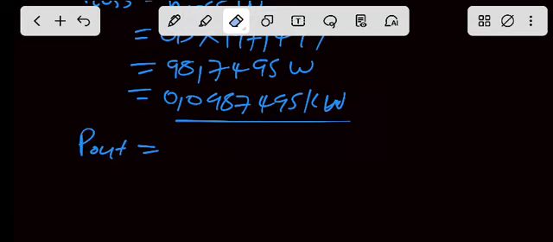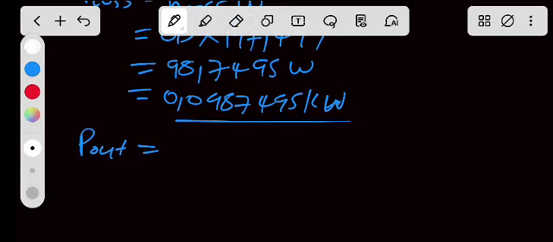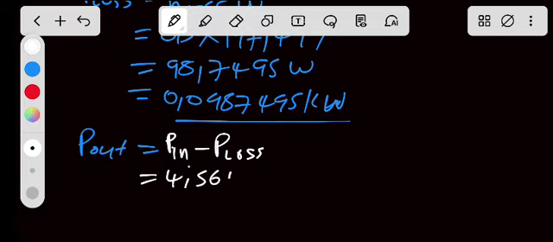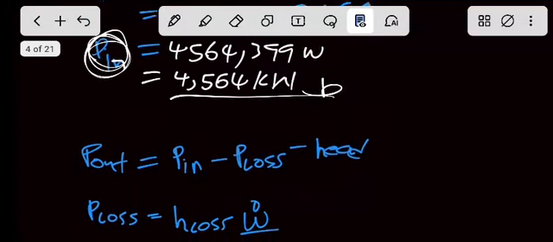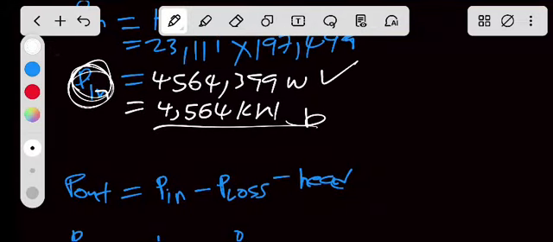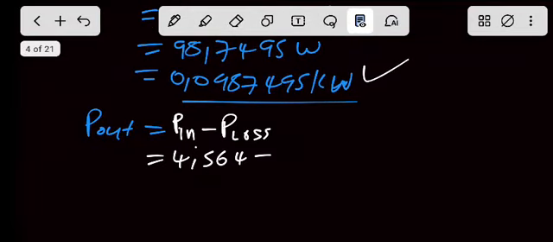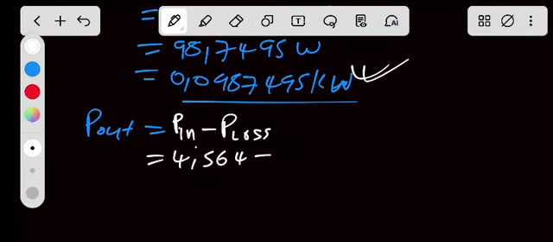It's P in, input power, minus power loss in the pipe, or power loss due to friction. We have this P in, which was 4.564 in kilowatts. So you can substitute this in kilowatts. The SI units must be the same. If you use watts, you'll use this in watts. I'll use them in kilowatts, so this one must also be in kilowatts,